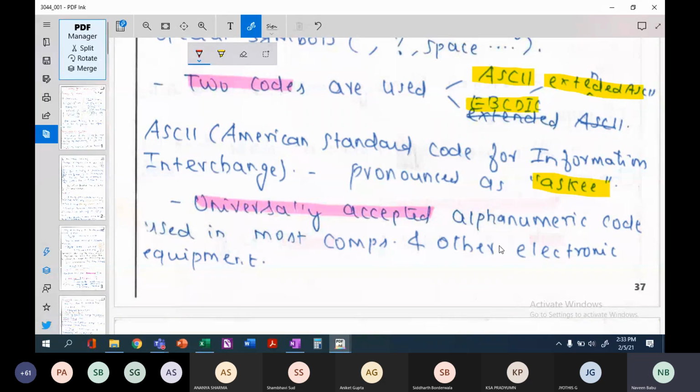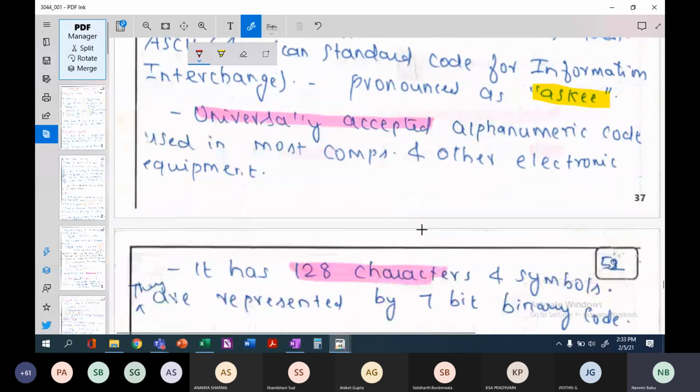As I have already mentioned, these are the universally accepted alphanumeric codes. Why? Because they were mostly used in computers and almost all electronic equipment. The reason being, IBM was the only, a monopoly manufacturer, during that particular time. Now, what is this particular ASCII code and how many